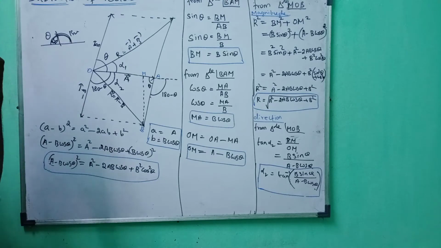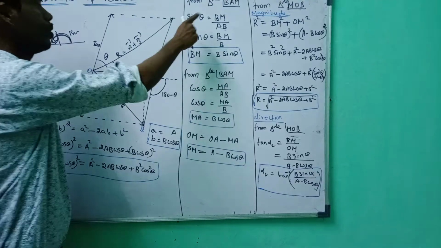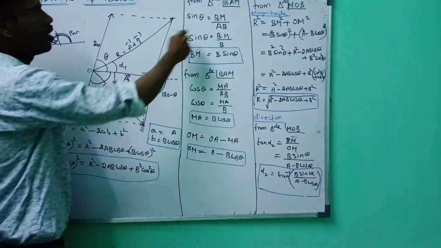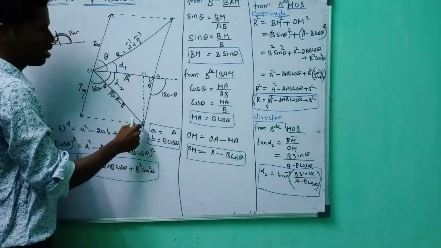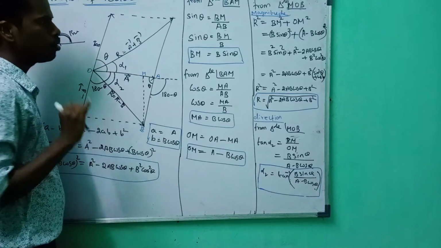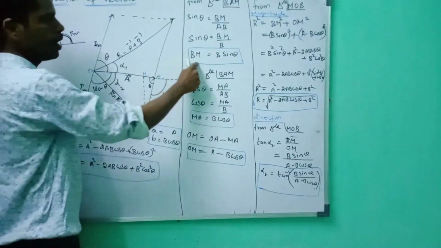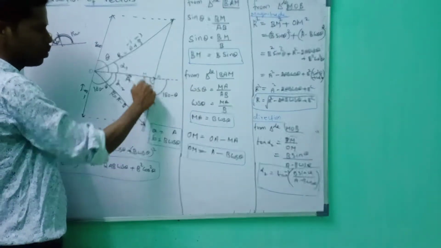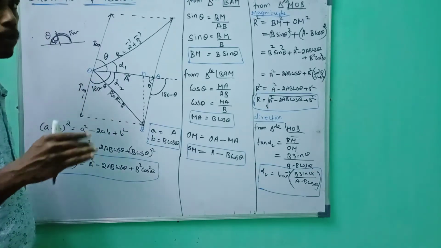Okay, nice. First I am going to take this diagram O, B, A, M, where B, A, M is the triangle. From this diagram, we have to find out BM, because we wanted it. I will explain later why we want it.